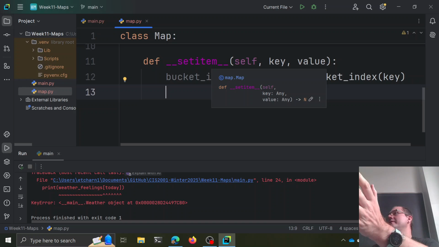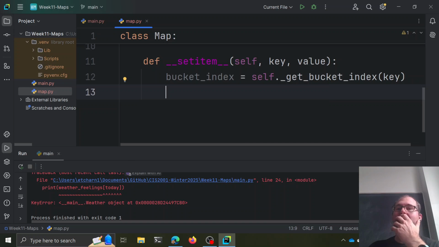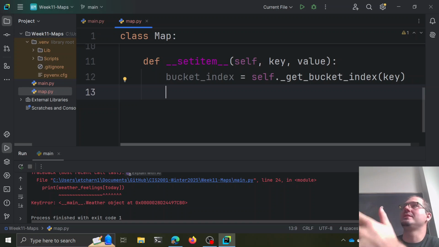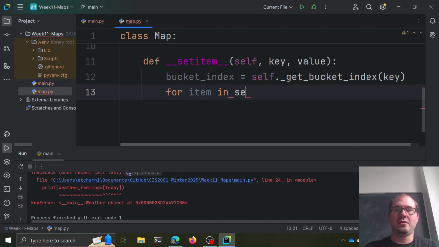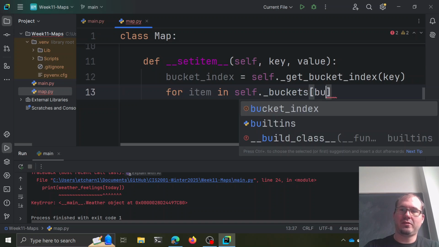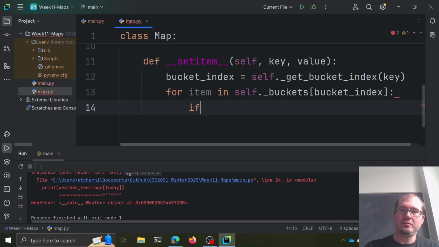Because I might get the same hash value for different values, right? Things can have the same hash value but not be equivalent, not be equal, because I only have 11 buckets. So if I'm going to add a bunch of things here, eventually I'm going to have more than one thing in my bucket, right? So then for item in self.buckets at the bucket index, if the item is equal to the key,